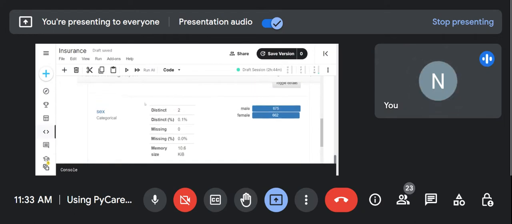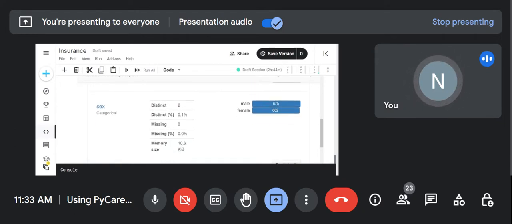ओके, क्या टाइप है उसका और किस तरीके से, ये भी बता रहा है। देखिए मुझे काउंट करने की जरूरत नहीं, आई डू नॉट हैव टू डू द काउंटिंग, इट इज शोइंग दैट इट इज हैविंग टू डिस्टिंक्ट वैल्यू, मेल 675, फीमेल 662। खुद ही बता दिया उसने, मैंने कहीं से कुछ नहीं निकाला, इट्स ऑटोमैटिकली टेलिंग यू ओके, दीज मच आर द मेल एंड दीज मच आर द फीमेल वैल्यूज अवेलेबल इन योर डेटा सेट।